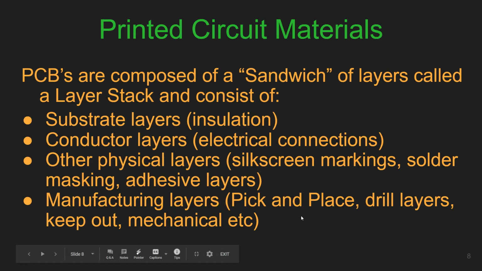So the substrate layer is basically the insulation layer, in which no electrical connection is made, and the substrate layer is basically made up of fiber or glass or epoxy,